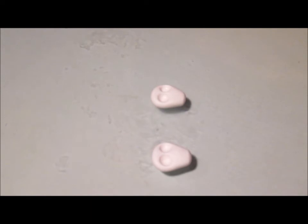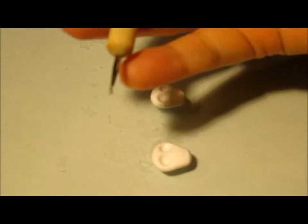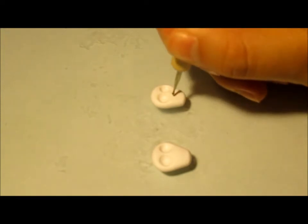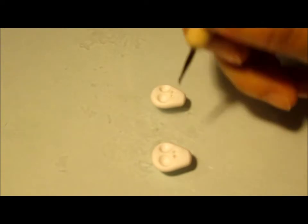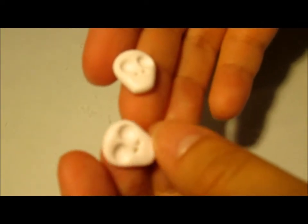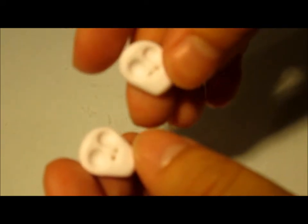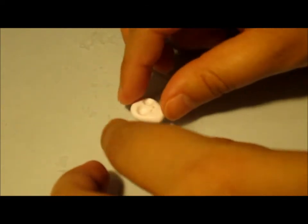now you're gonna grab another dotting tool, or a toothpick. I'm sorry, you do need another one. Like this, the size is fine. And you're going to make 2 little circles in the middle, another 2 indents for the nostrils of the skull, just like that. I don't know if you can see, I'm trying. Okay,